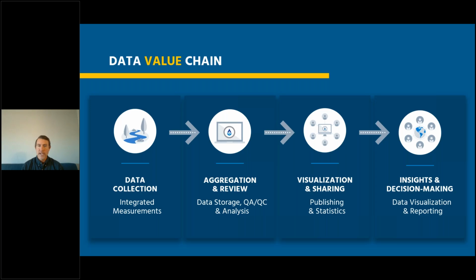So the sharing of data and showing the information really leads to the final step, the insights and decision making, so that everyone can see the same thing and understand the same thing, either as a training tool, an operational tool, or to say what happened and why. And if there is a glitch, a hiccup, if you will, in the report, here's what happened and why. Was it just a one-off event, or is it something recurring that really needs to be addressed, and the plant needs to make changes to fix a recurring problem before it becomes a serious violation?